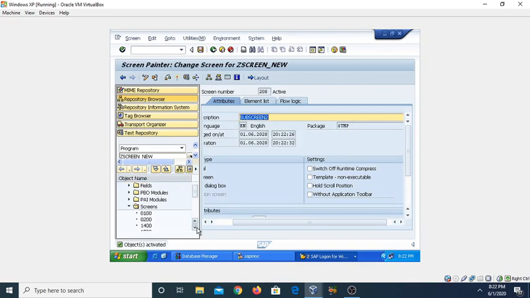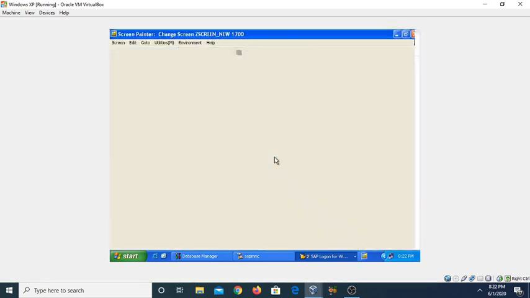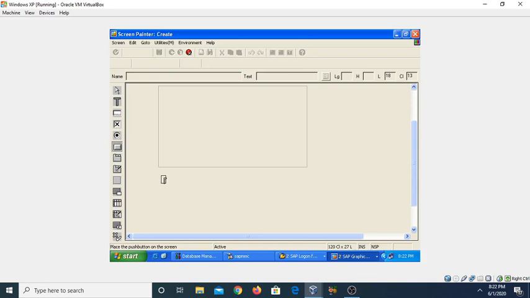So now go to the main screen, this is our 1700, and go to the layout and create the 2 buttons. By clicking these 2 buttons, it will select the particular subscreen. So in my case, I am creating here screen 1, and give the text here, suppose this is screen 1.